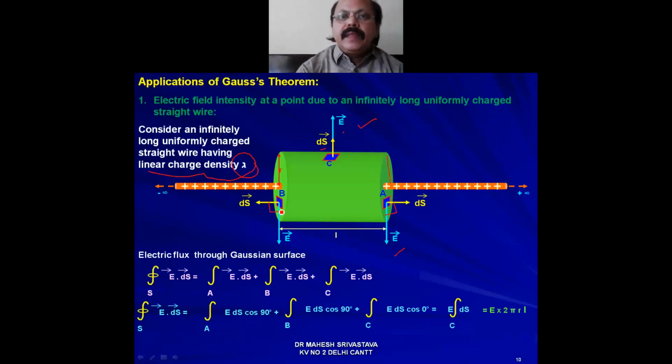And the length of this cylindrical Gaussian surface, we are taking L. So what I told you is that first we have to choose a Gaussian surface. Next step is to find the electric flux through the Gaussian surface. So here you see that the electric flux through the Gaussian surface, that is the closed integral,